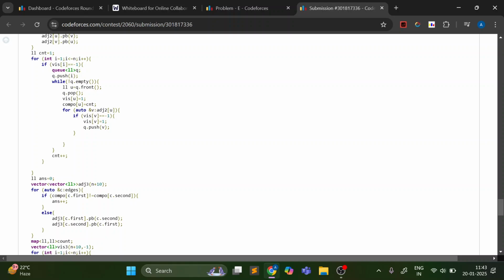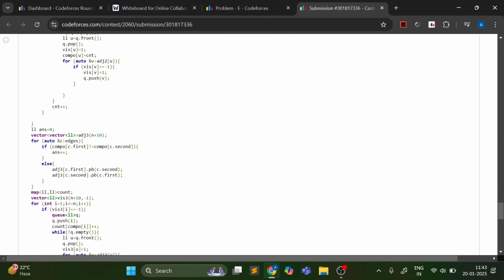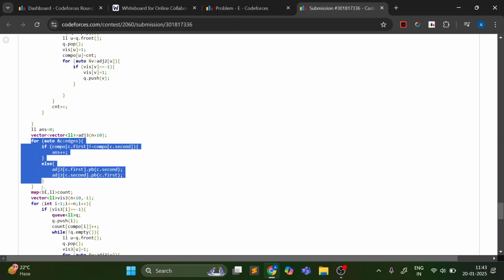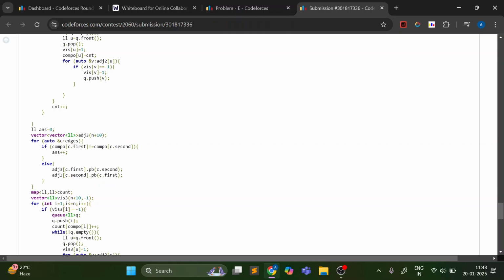So we have marked the components of each element in the G graph. Now I'm iterating over the edges of F, and whenever I find that there is an edge between two elements such that their components are not equal, we need to remove it. So I'm incrementing the answer variable,